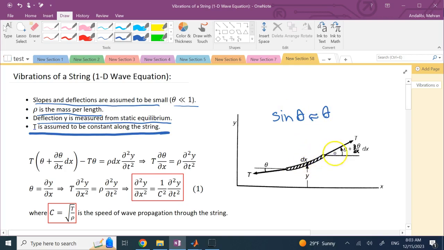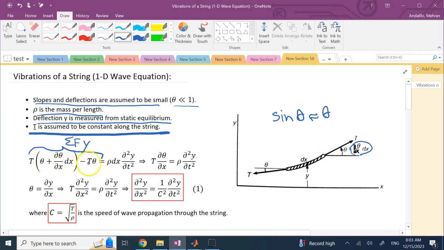So we look at this element, and since the deflection is measured from equilibrium, the gravity is not included. We only have tensions on the left and right at two different angles, theta and theta plus derivative of theta with respect to x times dx, which is the increment in theta. And so if we sum the forces along the y direction, we're going to get this,